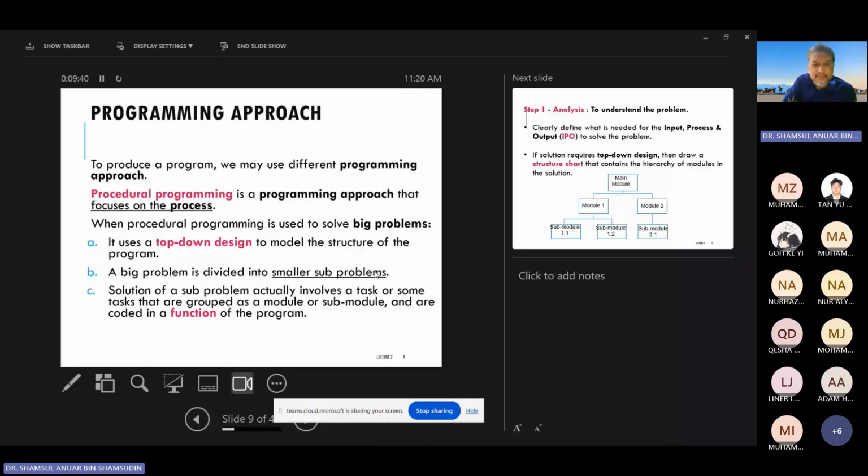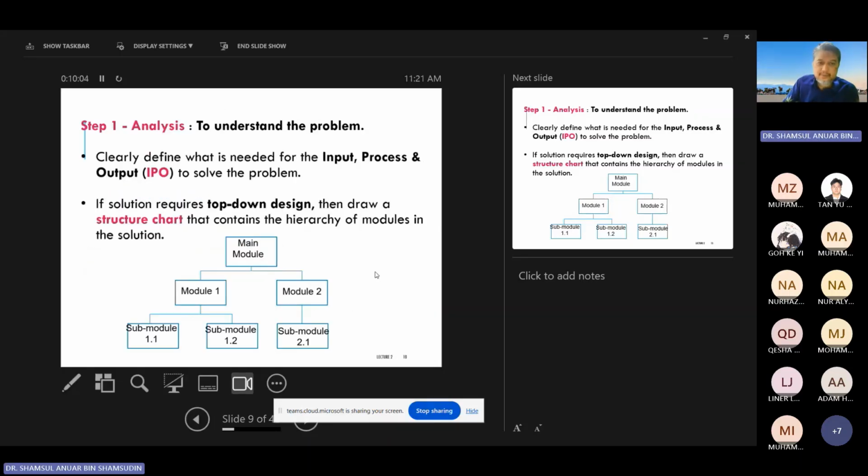It uses top-down design to model a structure. A big problem is divided into smaller sub-problems or sub-functions. Then the solution of a sub-problem involves some tasks that are grouped as a module or sub-module and coded in a function. Okay, so we'll see this as we go on